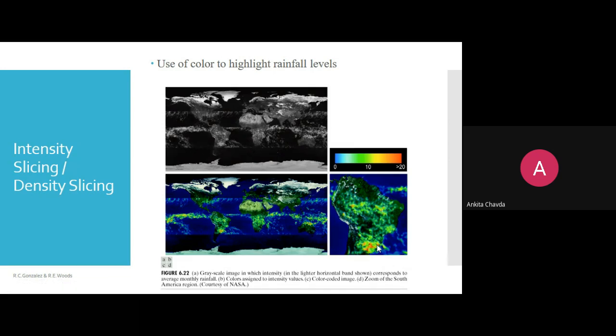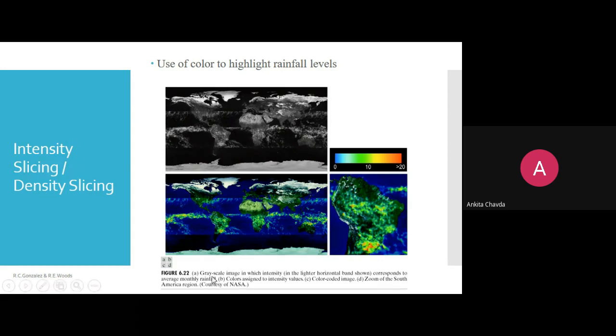When the satellite is there, TRMM, right? That is the Tropical Rainfall Measuring Mission. For that purpose only, for atmospheric change, whatever atmosphere-related captures they are doing for this rainfall and all, via that satellite we have this gray image. And through that we are converting it into the color image. Okay. So this is one of the applications.